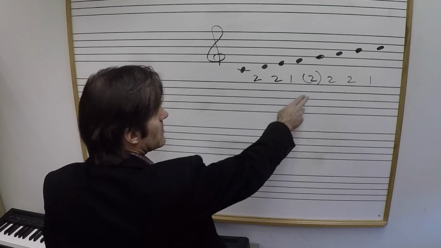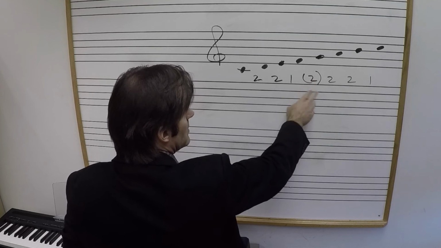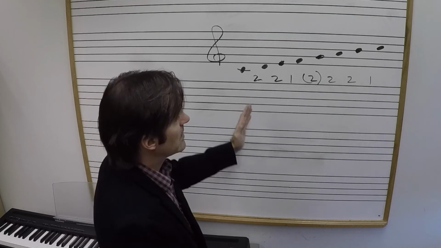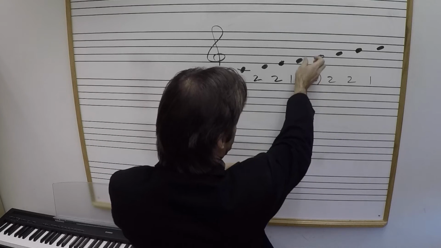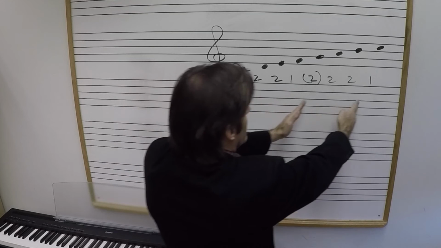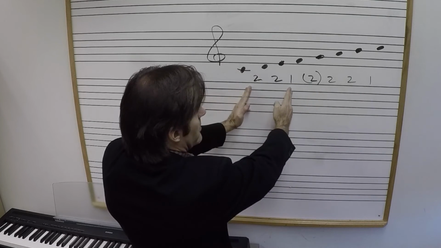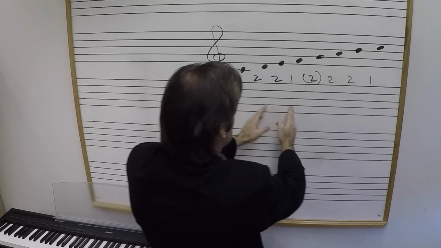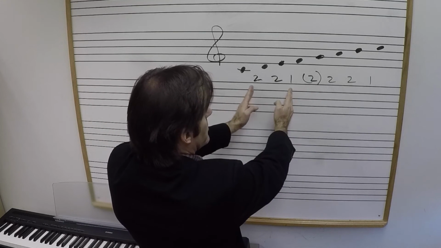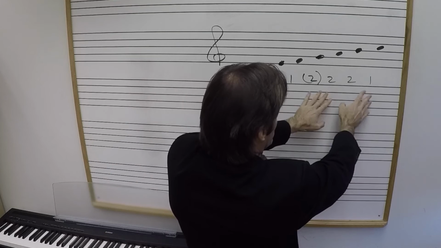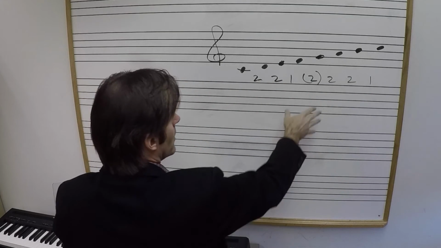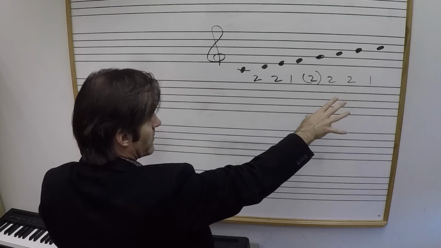And the reason that I put this whole step in the middle in parentheses is because when we move on to minor scales, you're going to see that it's easiest to remember these patterns if you remember that there's always a whole step in the middle. And then we just have to remember what the outer pattern is on each side of that whole step. So in this case, the major scale, on either side of this whole step in the middle, it's symmetrical. It's 2-2-1, 2-2-1. You can remember that, then you've got the pattern. So that's how we create the major scale.